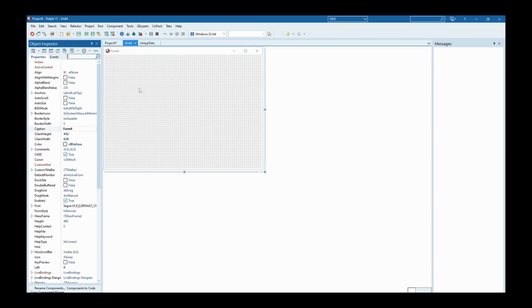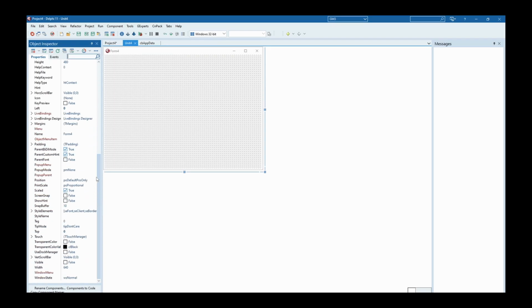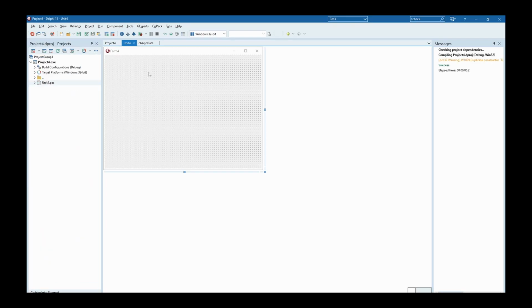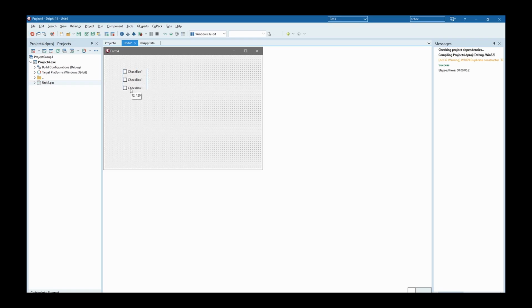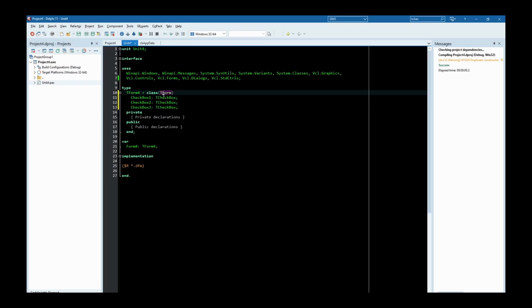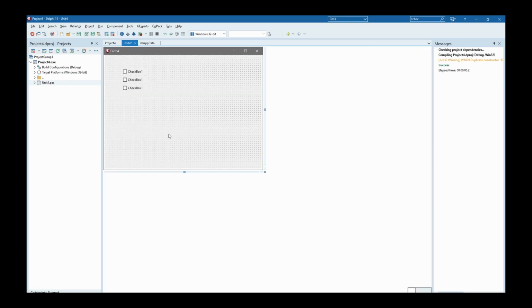No, there is one more change, but it's required not by the Lightsaber library. This is required by Delphi itself. We have to change the position to designed. So now we put some checkboxes, so we have something to play with. Okay. Remember to change the form to inherit from the Lightsaber form. Of course, we need to add the unit. The unit is cv up data form. Yeah, seems to work. We delete this crap. We don't need it. We can run.